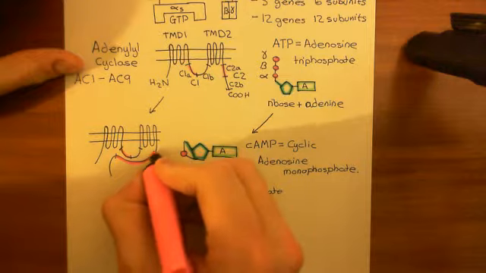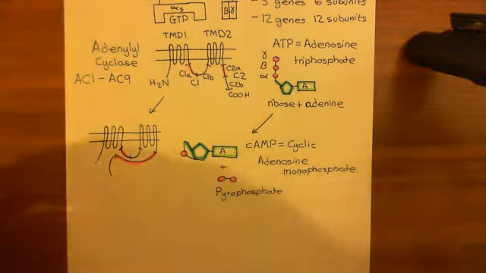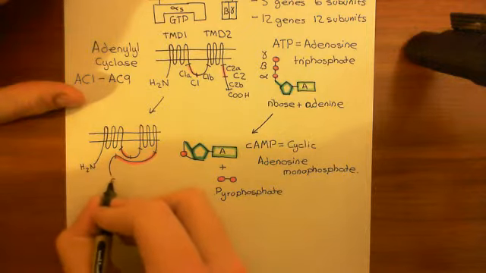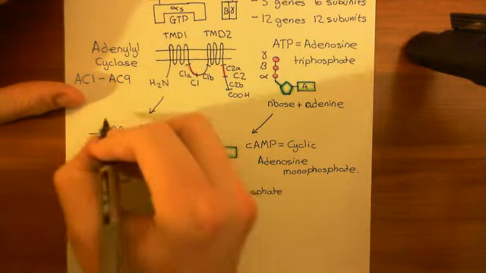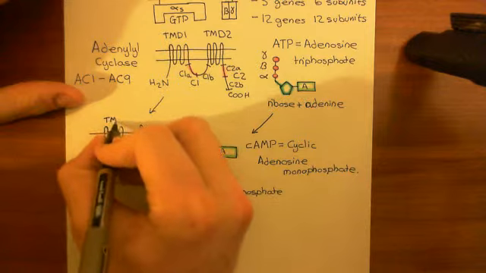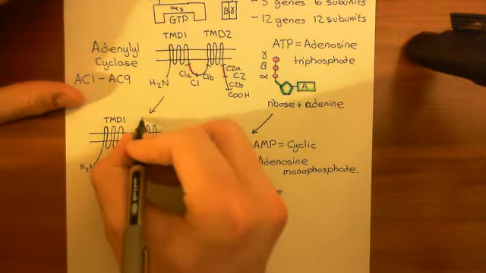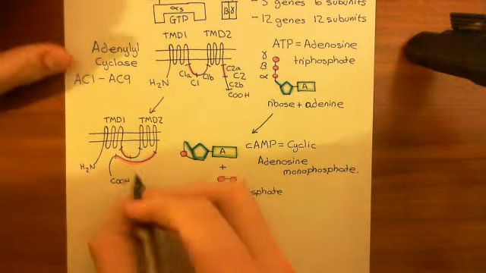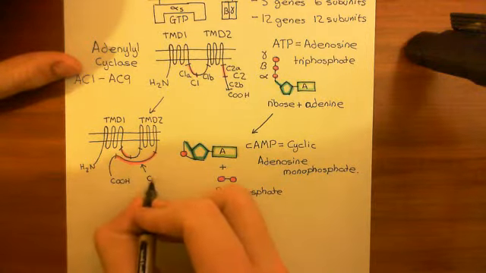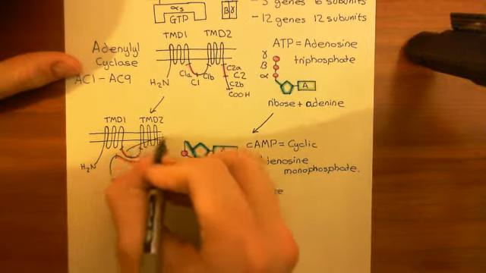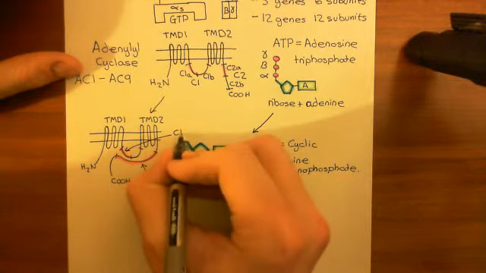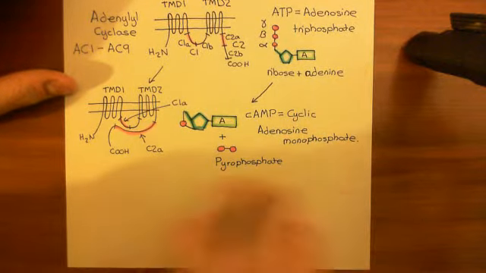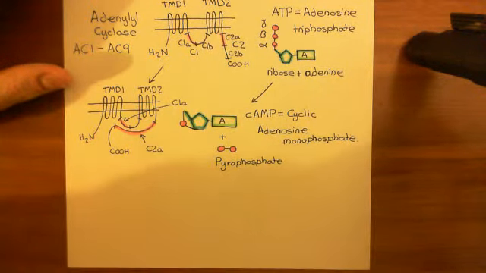Okay, so here are C1a and C2a, which are associated together, and here is the amino terminus, and here is the carboxylic acid terminus. Okay, so I'll just label up the portions again. So this is transmembrane domain 1, or TMD1, and this is transmembrane domain 2, or TMD2. This here is C2a, and this here is C1a. Okay, and they've dimerized together, and once you have this dimerization, this will form an active enzyme which will start